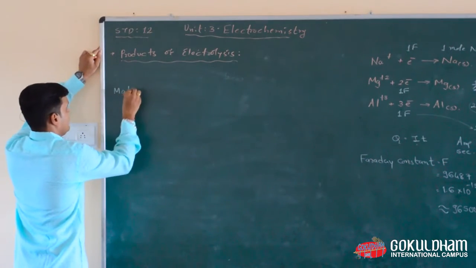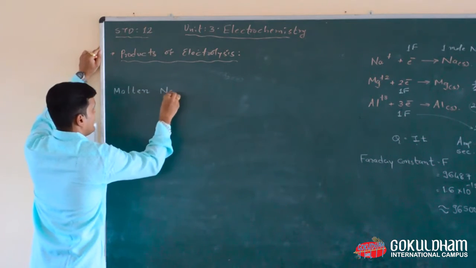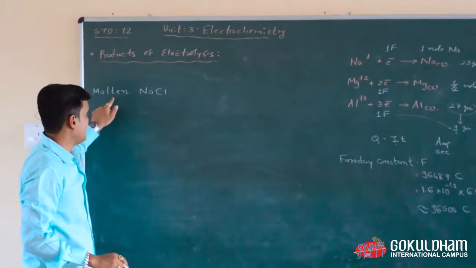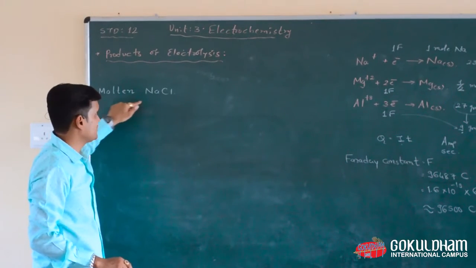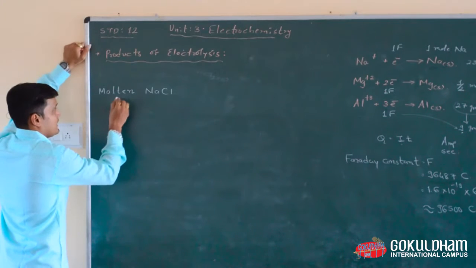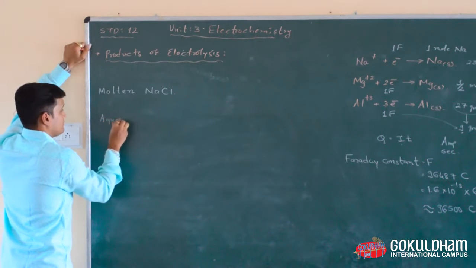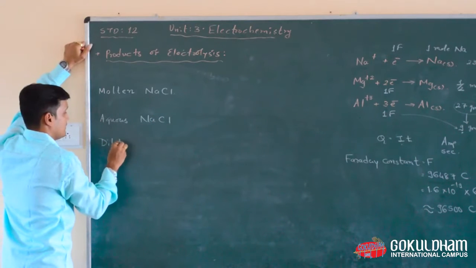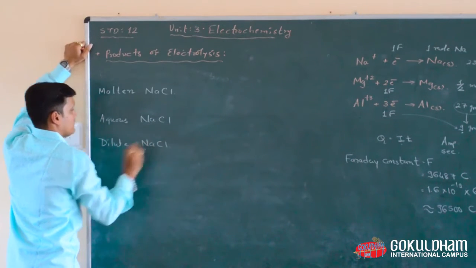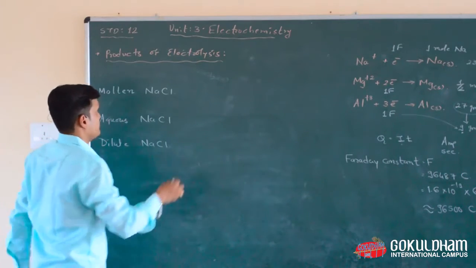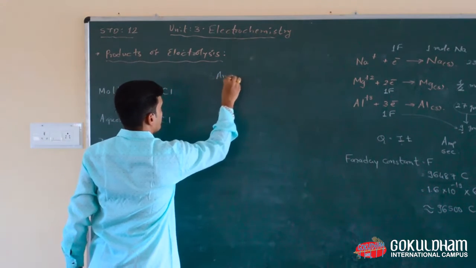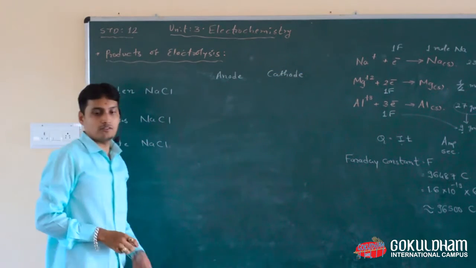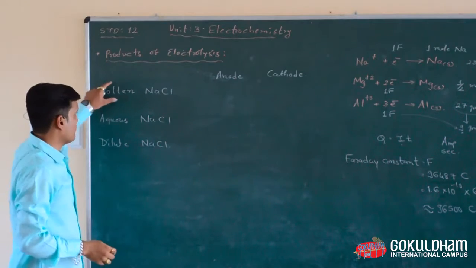we can write in this way: molten NaCl. NaCl is molten naturally. The addition of water does not take place in this case. Molten NaCl, then aqueous NaCl, and the third case is dilute NaCl. These three types of NaCl solutions will give different products on the anode and cathode side. In molten NaCl,